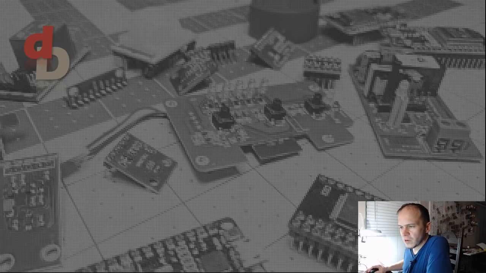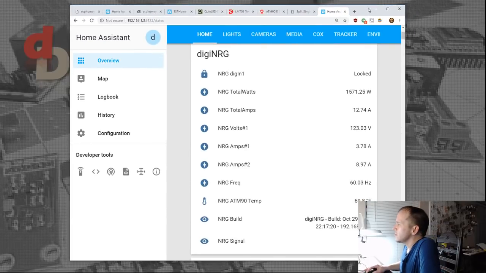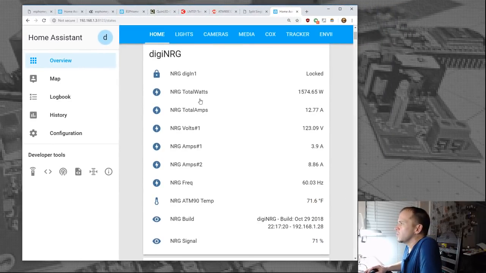Let me pull up my production one off the screen, make sure I don't have anything crazy. Yeah, let me change the color on this. This is my production one, but I've added, this is my own custom sketch, and I'm going to add this in because it's actually out in my shop area, and I want to connect it to the door lock where the deadbolt is, so I can see if the door's locked or not. But it does break down and show both phases of the house.